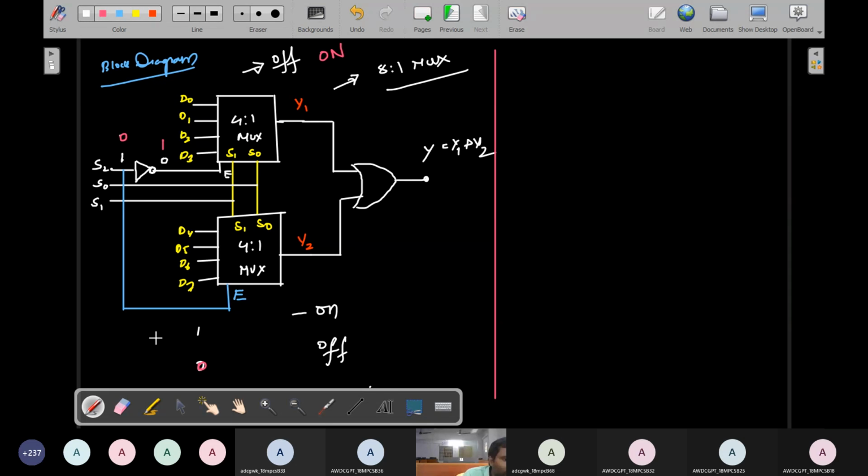Understand everybody how the third terminal, the enable terminal, is used. Enable means one. So when the second multiplexer is enabled, the first multiplexer is in the disable condition. If the first multiplexer is enabled, then definitely the second multiplexer is disabled. So the on and off condition depends upon the on and off condition. The final output was considered.